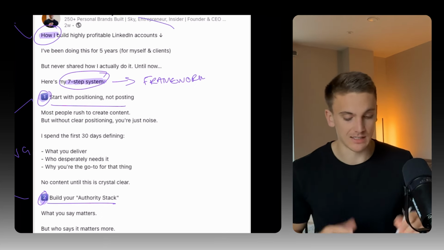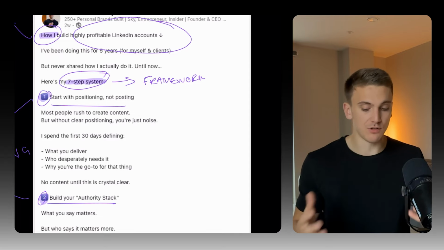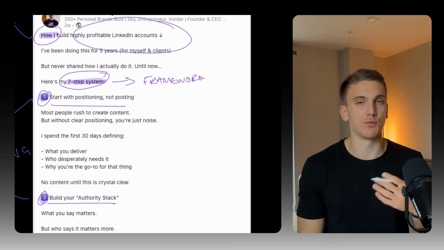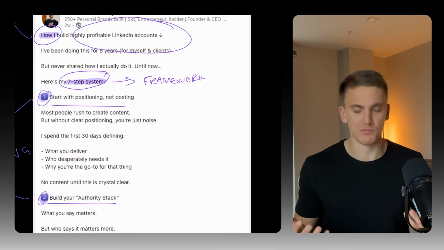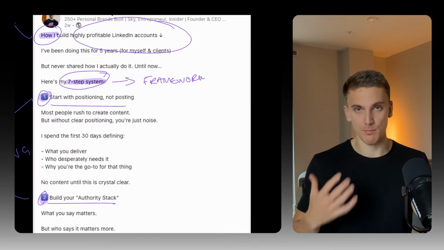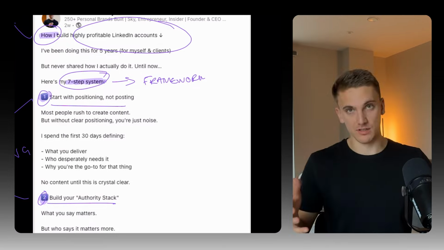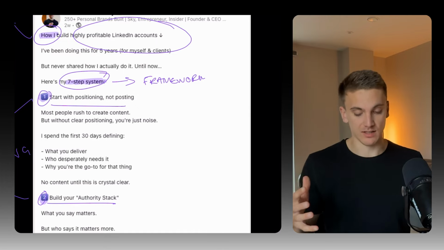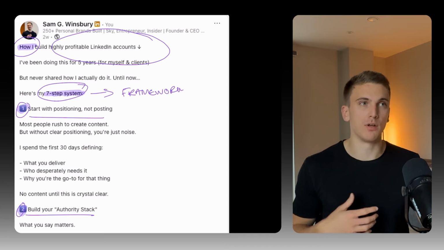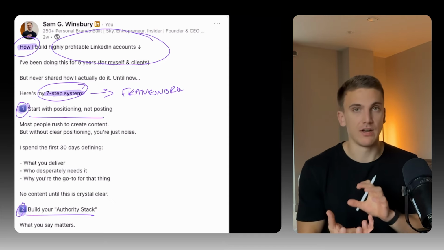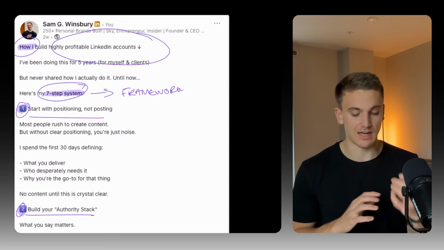And the reason it caters to the masses is because around a topic that pretty much everyone on LinkedIn is interested in. Building a profitable LinkedIn account. If you're scrolling LinkedIn, why would you not want to make money from your LinkedIn, right? A lot of people on the platform are going to be interested in that. Sure, there's some people that won't, but there's a mass audience that would be interested in this. Other topics that you can do this with, things like leadership, things like management are very common ones to do. But to be honest, you can actually turn any topic into something that is interesting to the masses just by changing the angle on it.